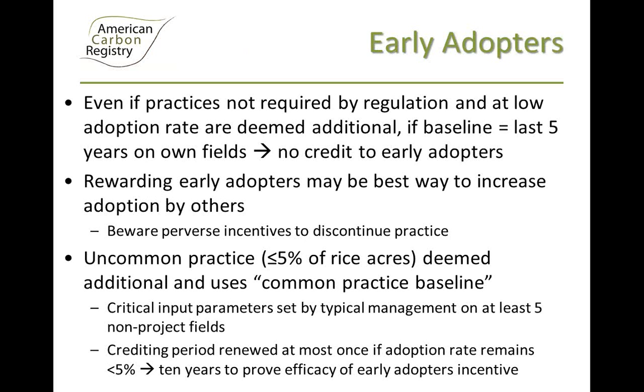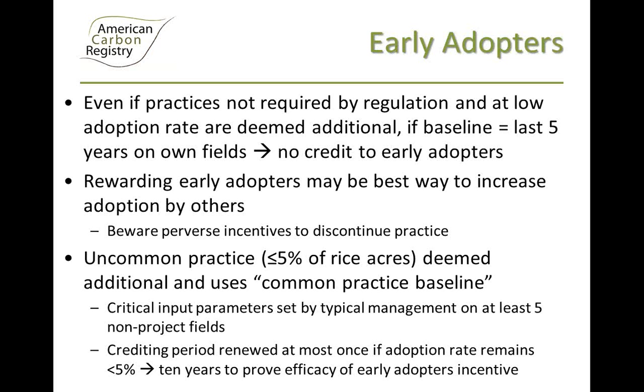Part of the reason for these different approaches for baselines and additionality is the issue of early adopters. This has been a really important issue in a lot of agricultural methodologies and an issue for farmer participation. In some protocols, even if practices are not required by regulation and they're at a low adoption rate, so they might be deemed additional, if the baseline is set just based on the last, say, 5 years on a farmer's own fields, then their baseline is going to be the same as their project in the case of an early adopter of that practice, and they'll get no credit. And that is